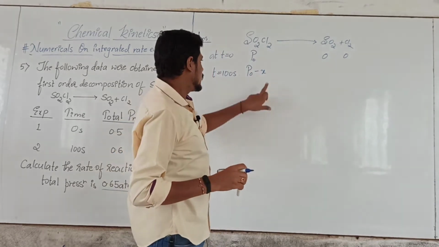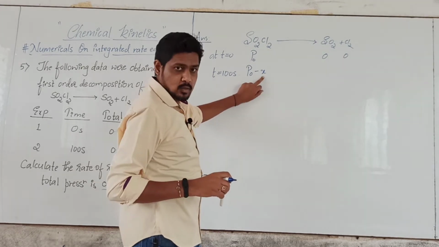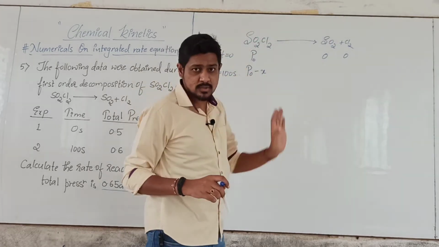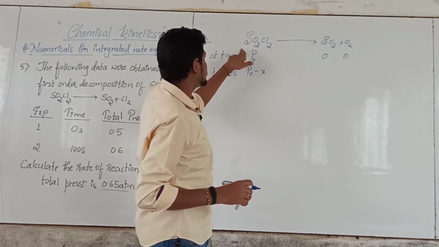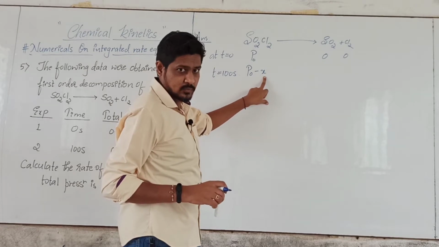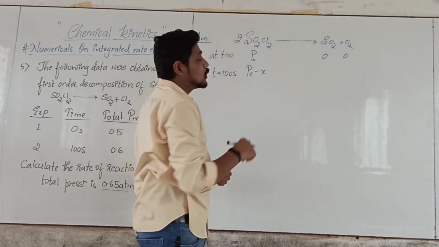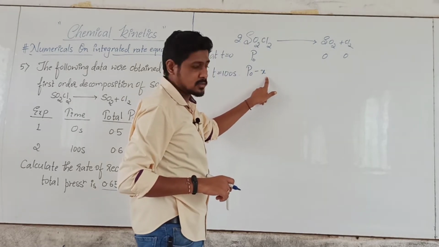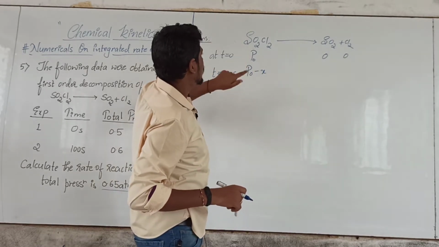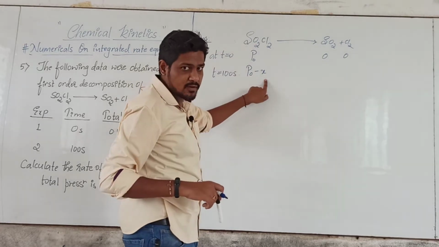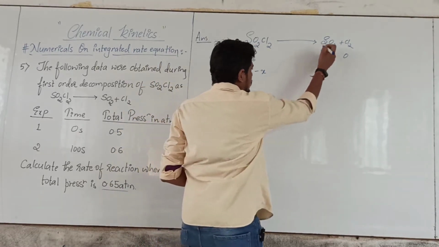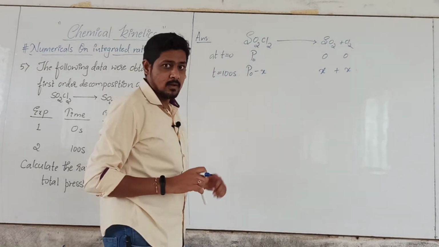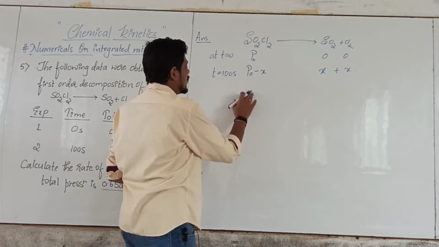Here you have to understand that whatever x I am writing, what this x represents is how many moles of this has decomposed. Here only 1 mole is decomposing, therefore I have taken 1x. Suppose if it were 2, then you would have to take P0 minus 2x. Remember this. Here it is only 1 mole, so I have taken P0 minus x. And at 100 seconds the products will be exhibiting x each. So first now we have to calculate.